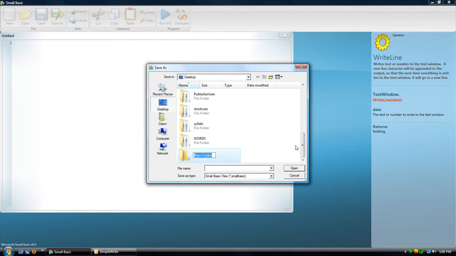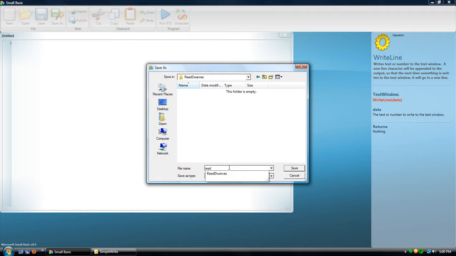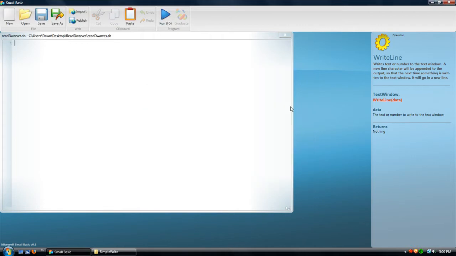I'll put this in a new folder on the desktop here. I'll call it readDwarves. Okay, and I'll call the program readDwarves. Okay, now very importantly,